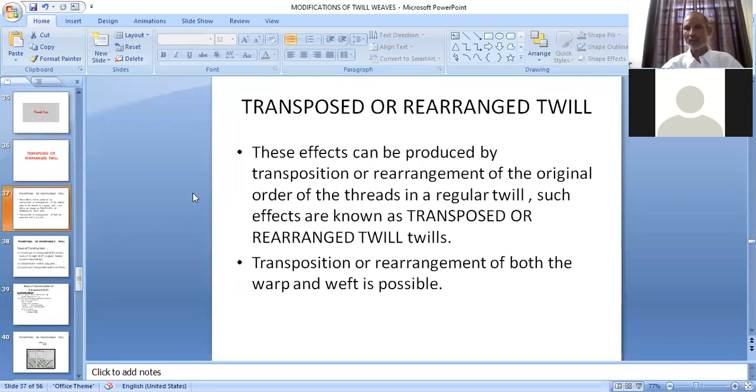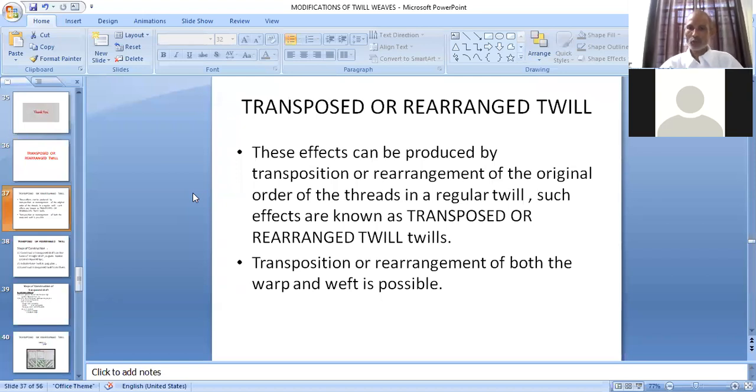So regular twill we are taking as the base, and whatever the original order of the threads is there in the regular twill, that order can be transposed or rearranged. And the twills or such effects which are produced by transposition or rearrangement of the original order of the threads in a regular twill are known as transposed or rearranged twills.